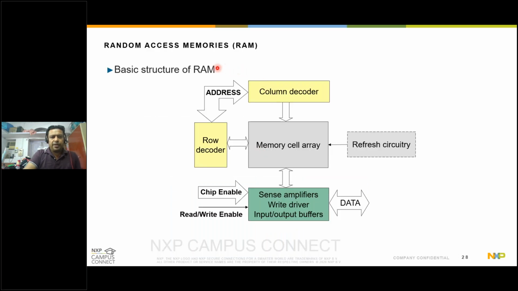The reason is that the pattern generation and the comparison during memory testing happens within the design itself. Okay, so here is a basic structure of a RAM. It consists of a memory cell array, which is an array of memory bits arranged in rows and columns in a matrix form. Then you have a row decoder and an address decoder through which you will address these memory cells. Apart from that, you have sense amplifiers and write drivers through which you will write into these memory cells, and other control signals and data lines through which you will read the values from these arrays, and the associated refresh circuitry.